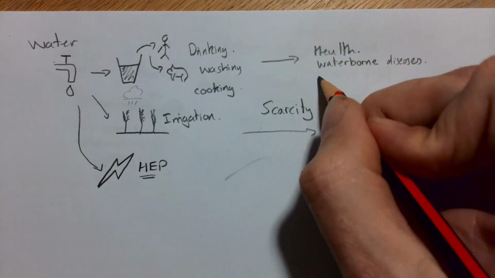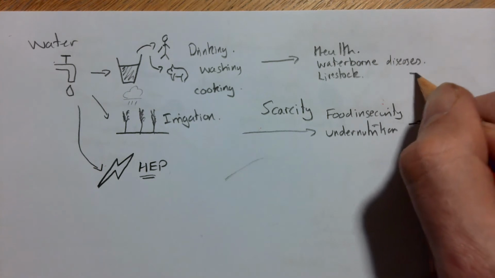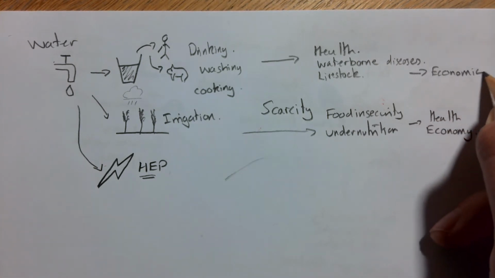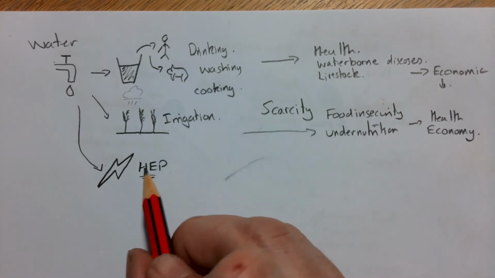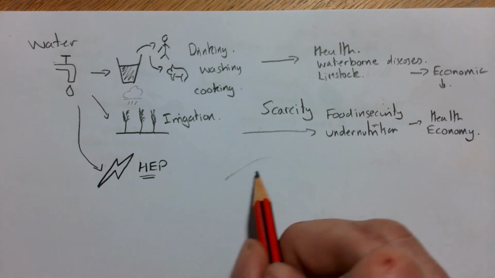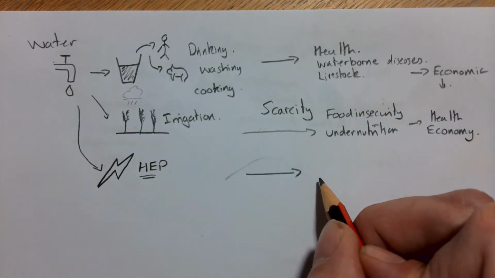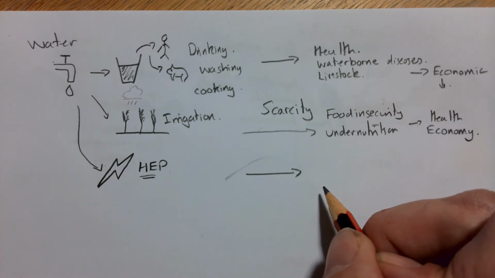And livestock may die, again leading to a negative economic impact. And finally, if we don't have access to a reliable power source such as HEP, we are going to struggle to